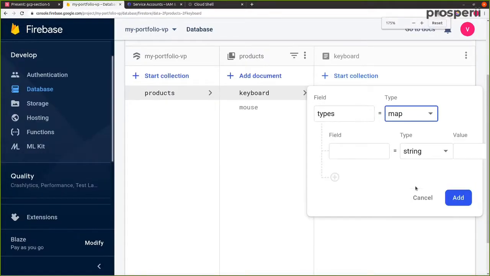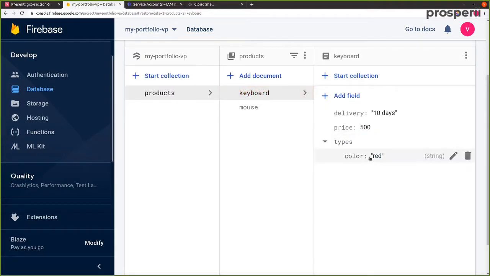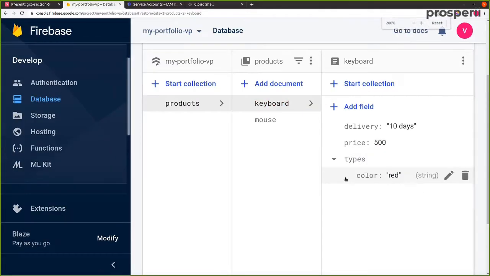So essentially over here we have color, and then let's give a value to color which says red. And then let's save this. Okay. So with this, we have created a subfield with the name types, and inside that we have a color type which says red.